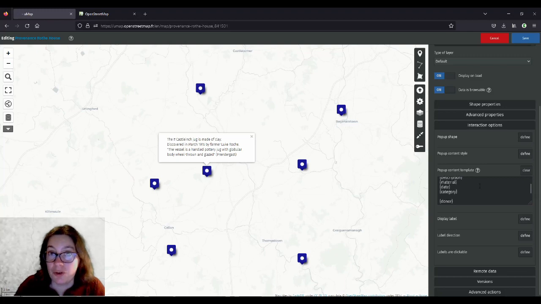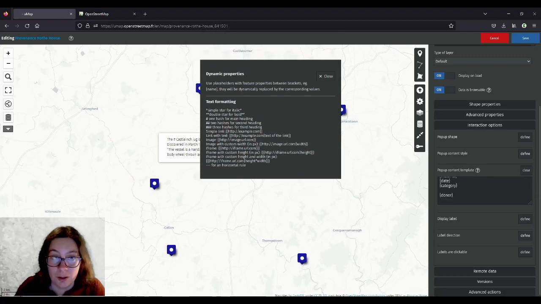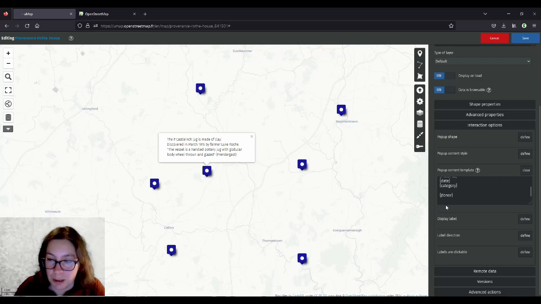And let's say we want the donor to be displayed in italics, and italics are done with an asterisk before and after the line. They call it a simple star, but it's actually called an asterisk. So we have it like that.